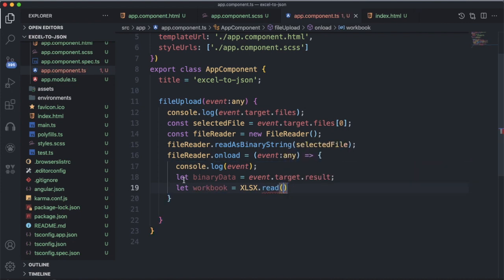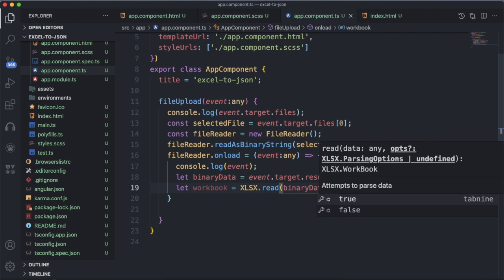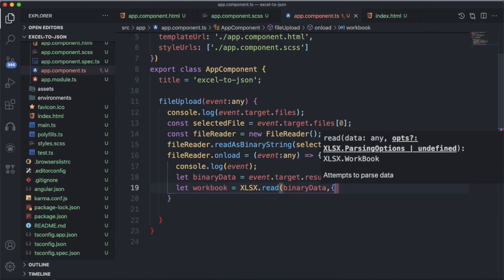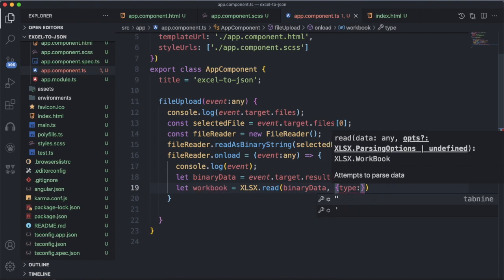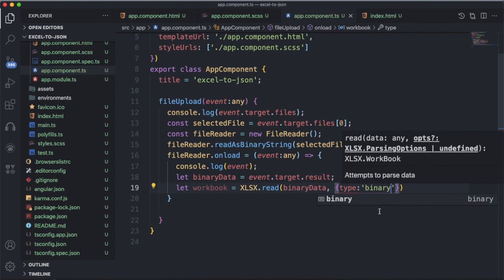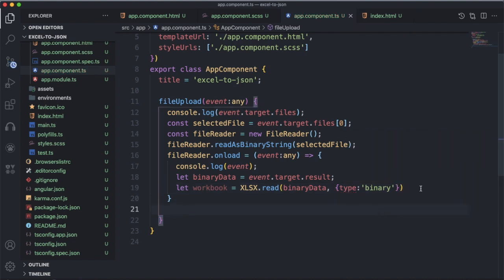The first parameter will be the binary data, and you have to tell what type of data it is. So type is binary. Now I have created a workbook.